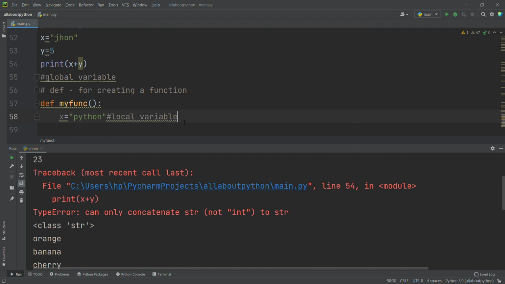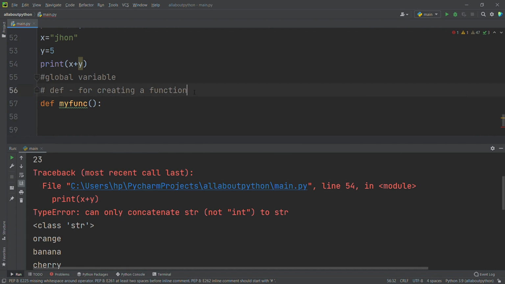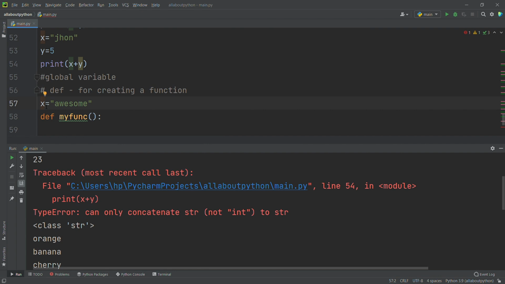But here we are discussing the global variable. What is a global variable? If we do the same thing outside the function, then if I say x is equal to awesome, this x is going to be a global variable. It can be used outside the function and also inside the function.